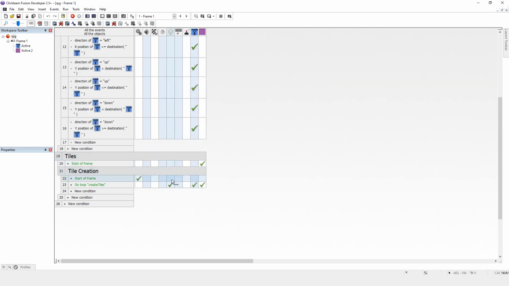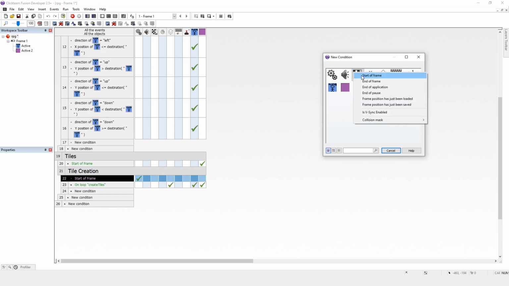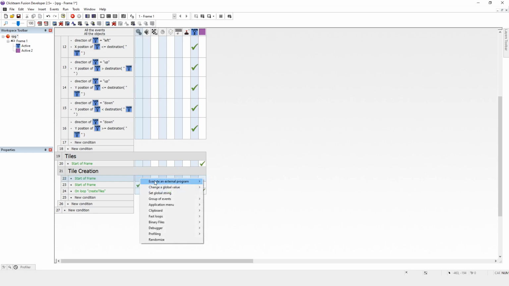So we don't want this to happen just once, we want this to happen loads of times. So let's start here. Start of frame, so new condition. I'm going to pull this one up onto the top, and we want something to happen first because we want our super loop, the one that's going to go down creating all these tiles. So we're going to have our fast loop,